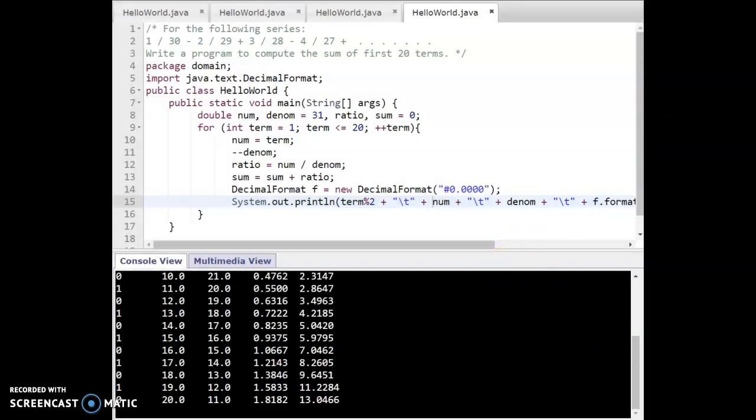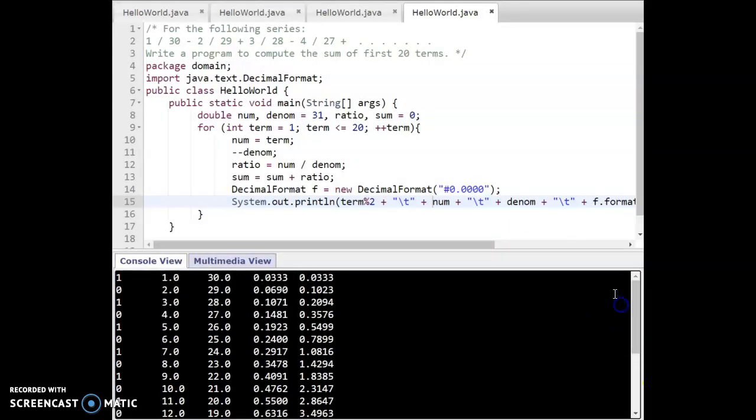You see from the top, for the first column, when I print term remainder 2, it gives you 1 0 1 0 1 0 1 0. So notice that the first term is 1, the second term is 0, the third term is 1, and the fourth term is 0. So I'm going to use that feature, the remainder 2, to model this plus and minus